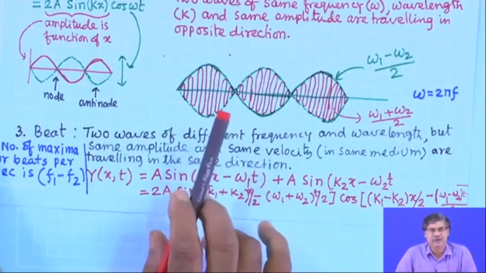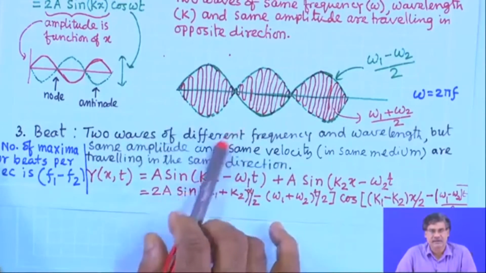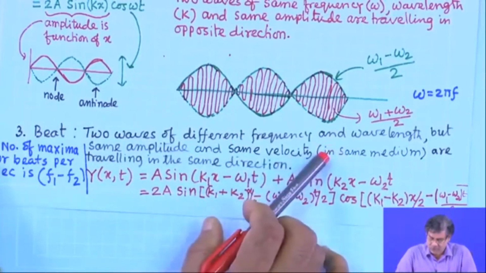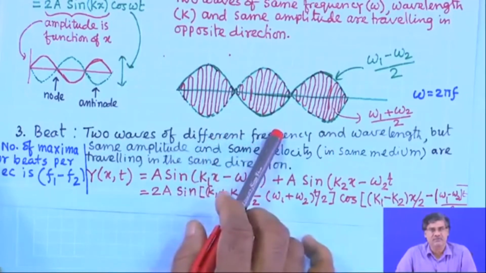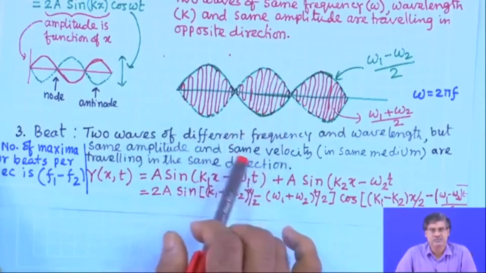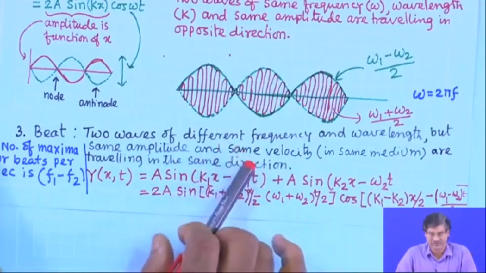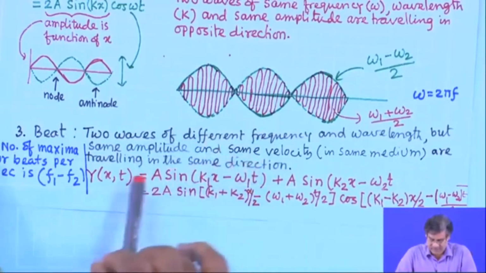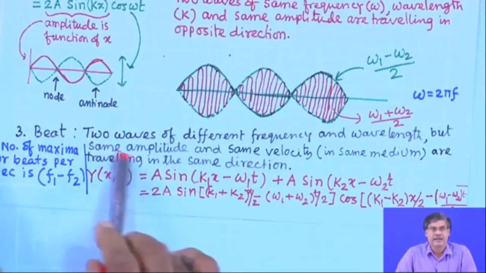In the case of the standing wave only, they are traveling in opposite directions, but in the other two cases, in the same direction. Due to superposition of these two waves following this condition, we will get the resultant